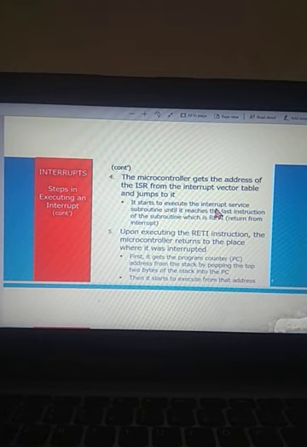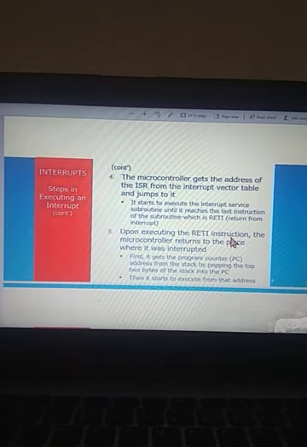It starts to execute the interrupt service subroutine until it reaches the last instruction of the subroutine, which is RETI. RETI means return from interrupt. That means specifically in an interrupt subroutine, at the end we will specify RETI instead of RET. We'll see by example what the difference between RETI and RET is. People may ask why we cannot put RET at the end of the subroutine, but there is a definite answer, and we'll discuss that also.